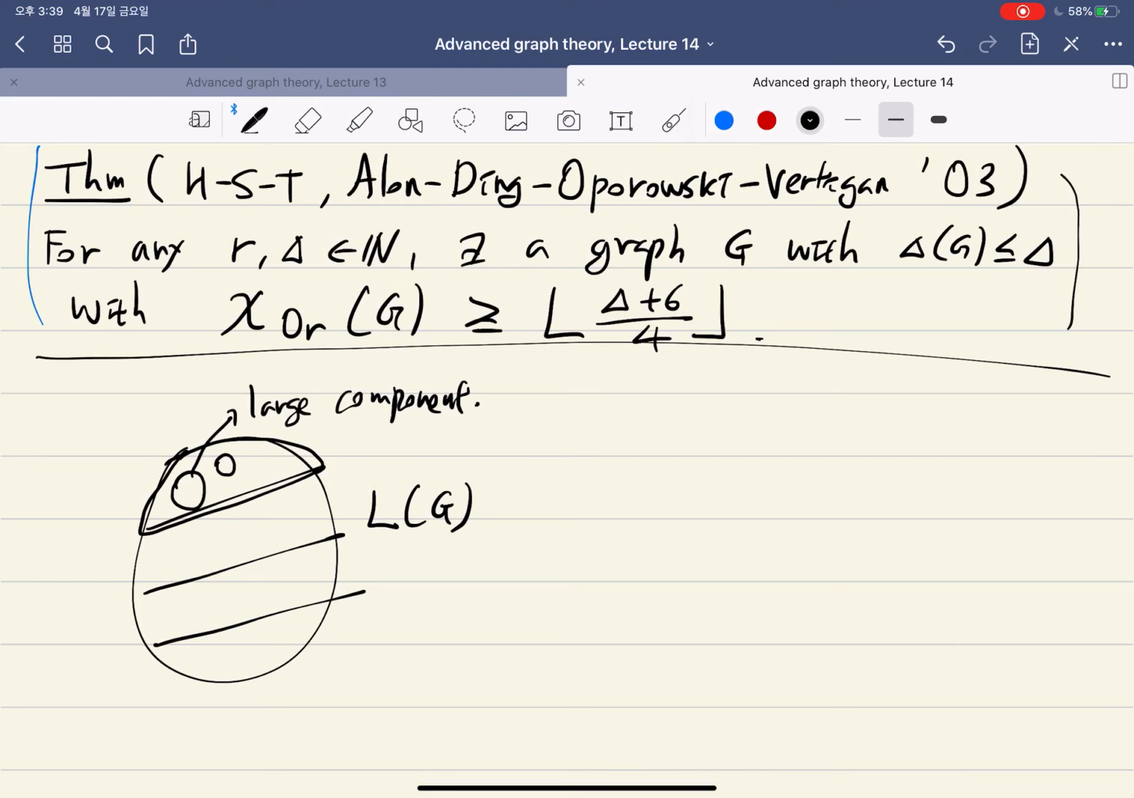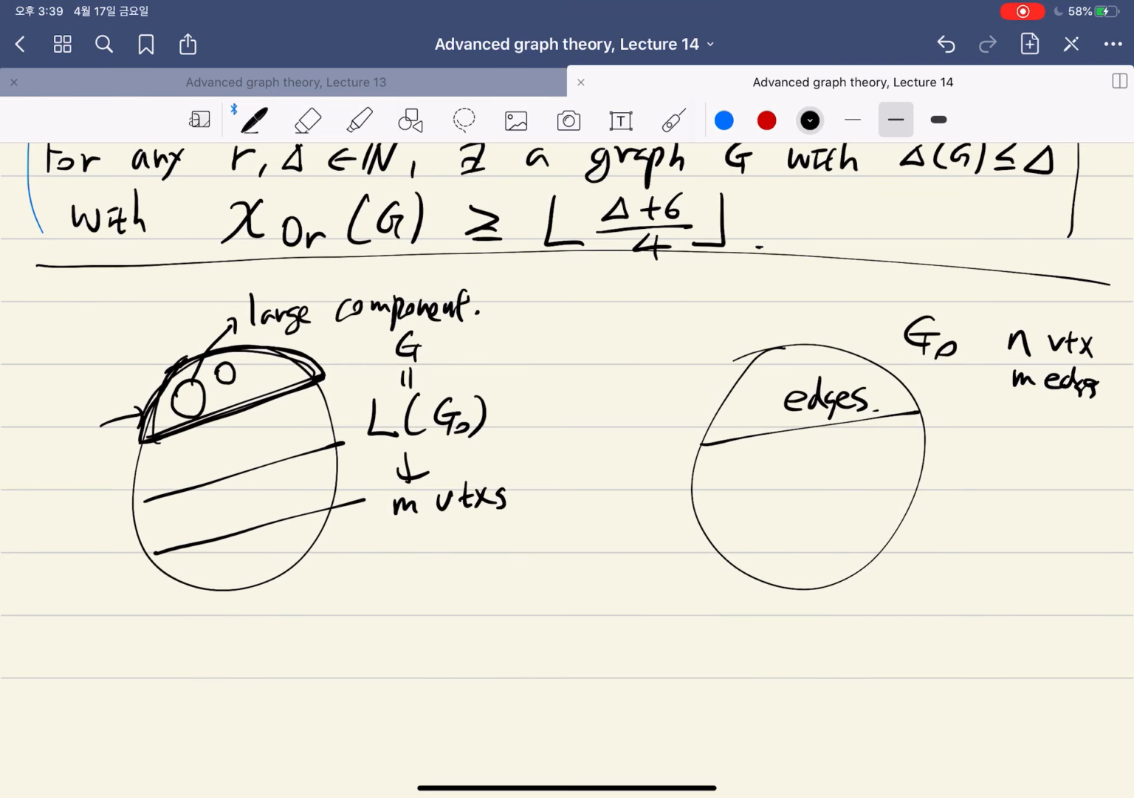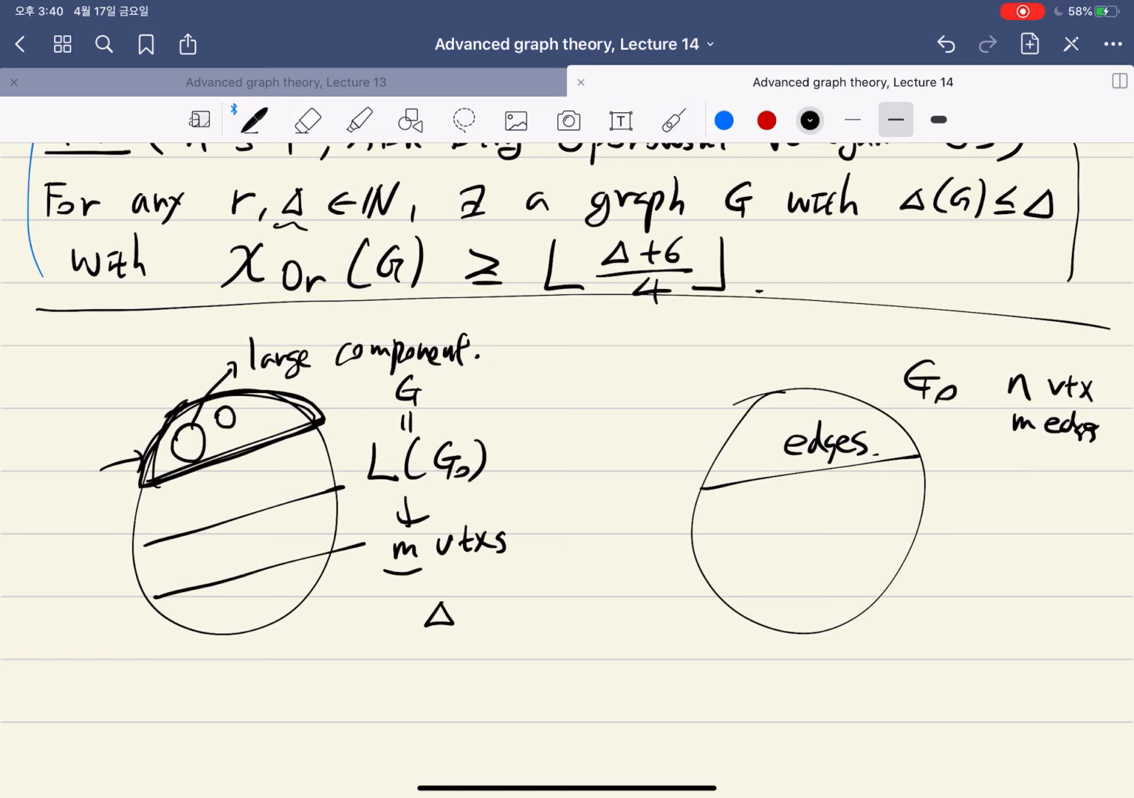Let's say we take this graph G to be a line graph of some other graph, let's say G0. Then we have G0 here, and these vertices actually correspond to edges here. Let's say G0 has n vertices and m edges. Then G has m vertices, and this m is generally quite a bit bigger than n. If we assume every vertex has degree at most delta, then this is around delta n. And if one part has size at least n,